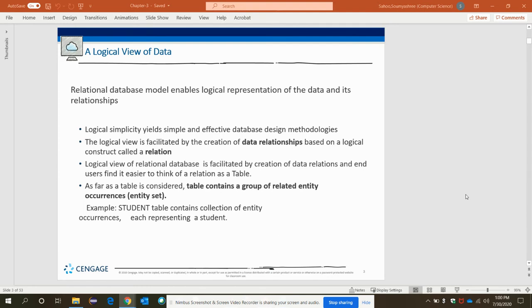So let's see what is the logical view of data. The relational database model enables the logical representation of data and its relationships. I have been saying database, table, entities, attributes. So what is the difference between a database and a table?